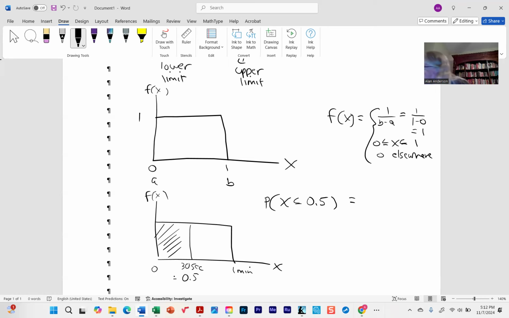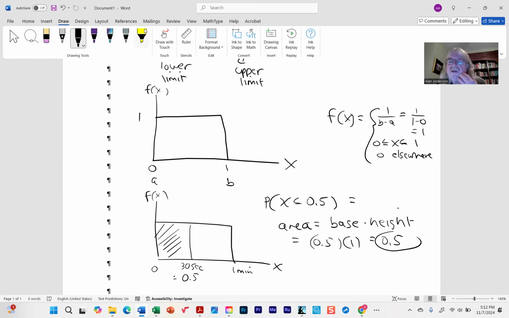And so what we're doing is calculating the area, which is nothing but the base times the height. So in other words, there's a 50% chance that whatever this event is, it occurs within the next 30 seconds